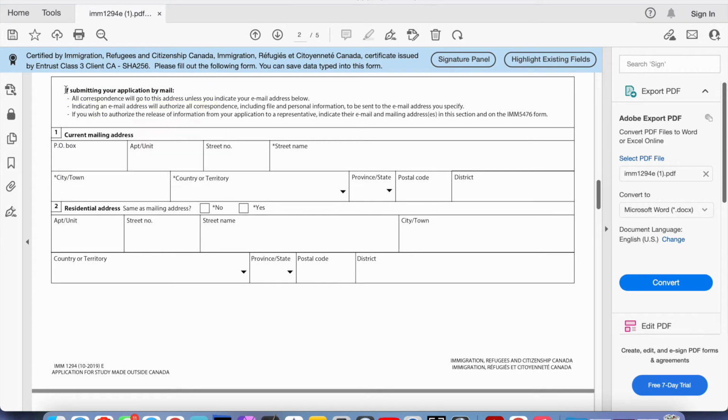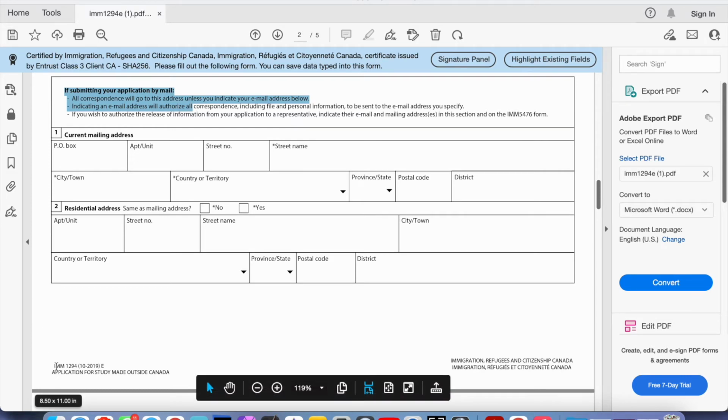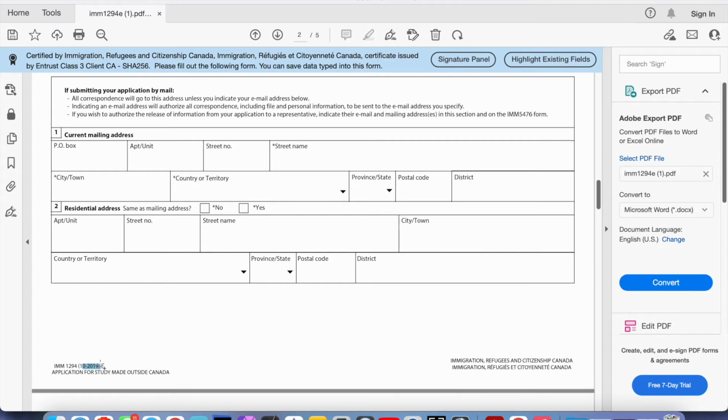Read these details. Always read them because they may have slight changes. As you can see here, I have explained in previous videos that each form has a date. You see IMM1294 October 2019. Make sure you have the most updated version of the form because some minor changes will have a great impact on your application. And always download the forms from CIC's website, Citizenship and Immigration Canada. The website is still